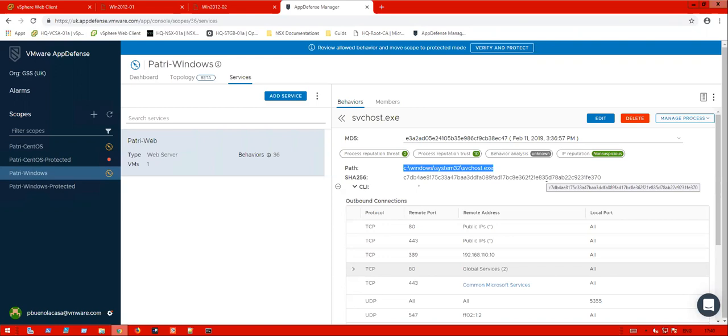When you have a learned behavior, it's going to be allowed forever, unless you delete that behavior. So in here, we can see that AppDefense learned that the Windows machine is running SBC host on it. Of course, it's a Windows process. It's allowing it because by default, AppDefense